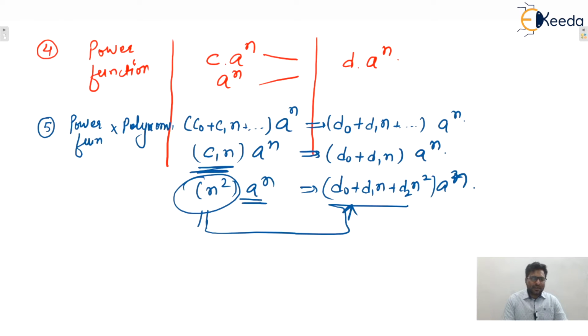So these types of functions could be in the right hand side, and accordingly we will choose the trial particular solution. I hope this is clear to everyone. So the first step was what? Solve it like the homogeneous LRCC and write the homogeneous solution, but don't solve for the constants at that step. The second step is, according to the form of the right hand side, choose the trial particular solution with the help of this table.